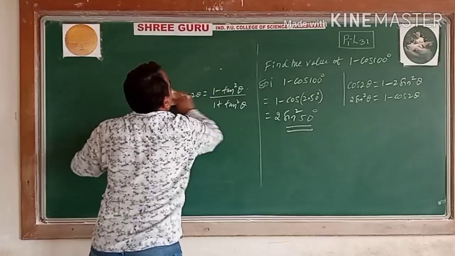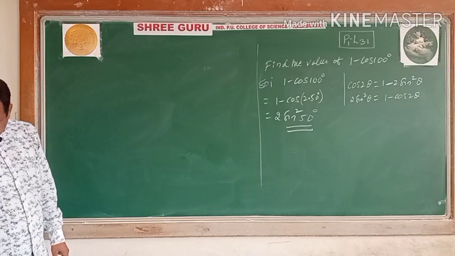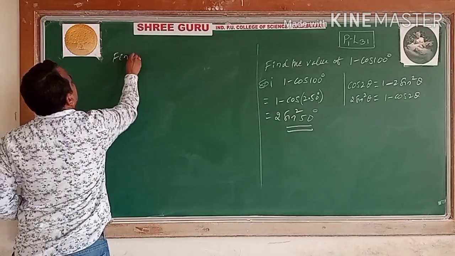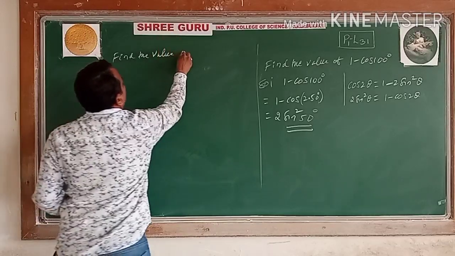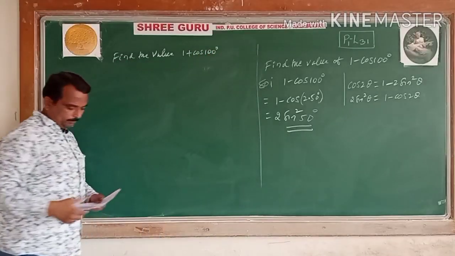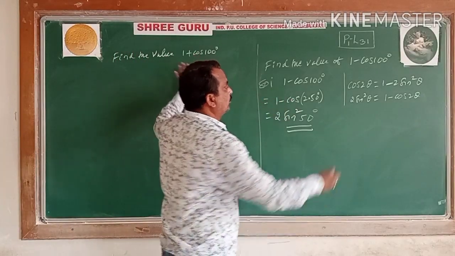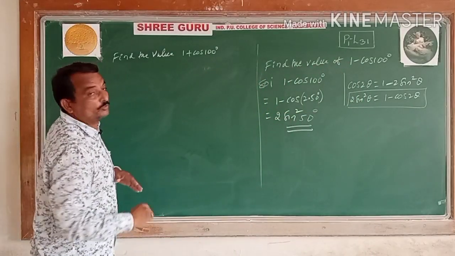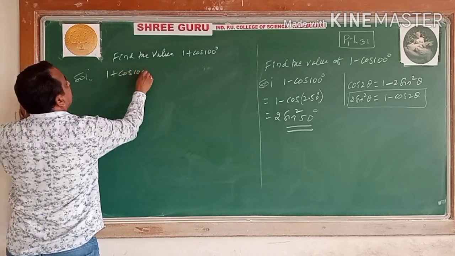Let us come to the same type, one more similar type. Find the value of 1 plus cos 100 degree. This is the same type. This is minus and this is plus. I have told you, remember this formula. 1 minus cos 2 theta is equal to 2 sin square theta. 1 plus cos 2 theta is equal to